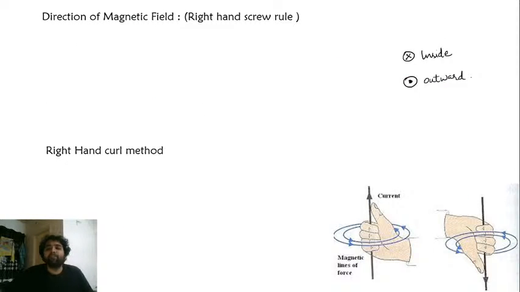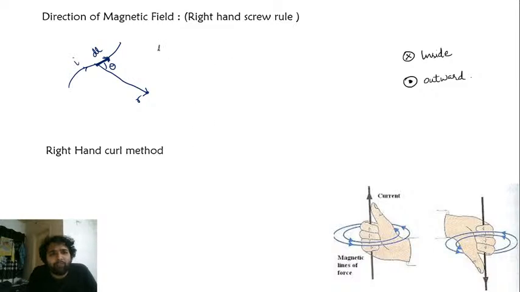Yes. So now we will discuss the direction of the magnetic field using the right hand rule. The right hand screw rule, the right hand curl method and the right hand rule. So suppose there is a current carrying wire, same formula, with a dl vector like this. The dl vector is a straight line like this, and the r vector from here is like this. And current is flowing this way, so the direction of current is like this. So this is the angle theta.